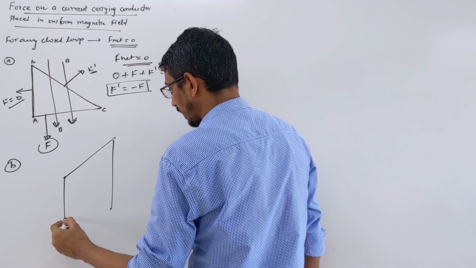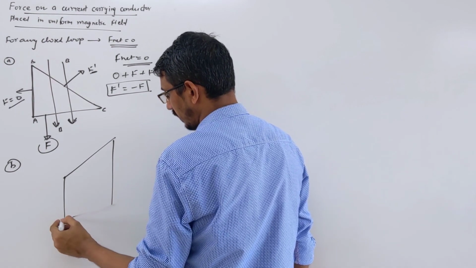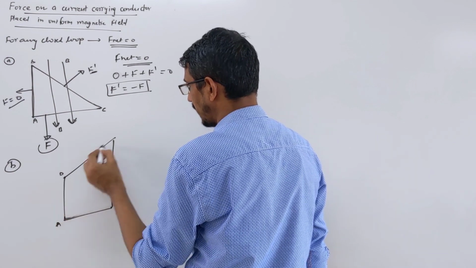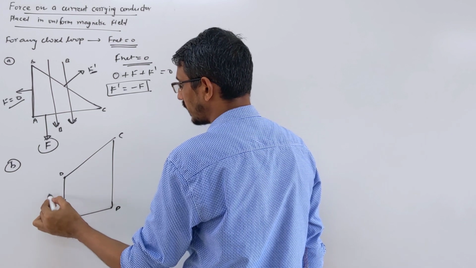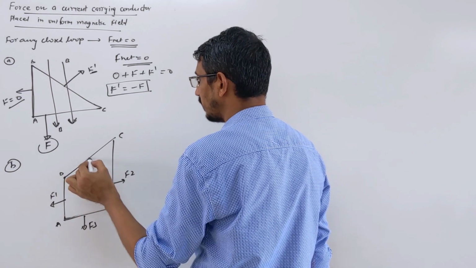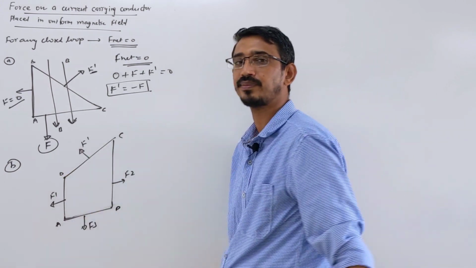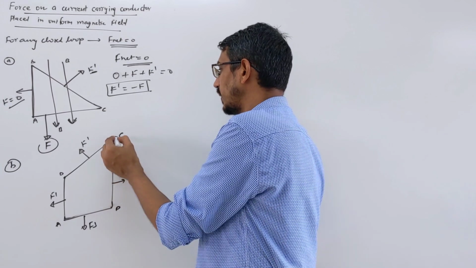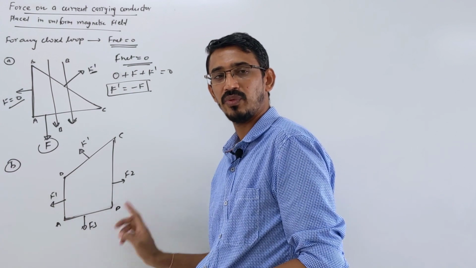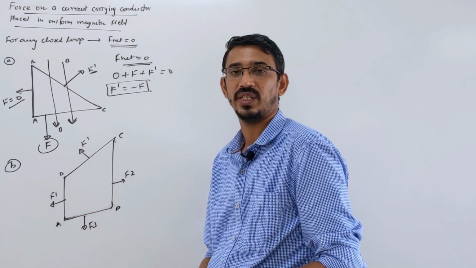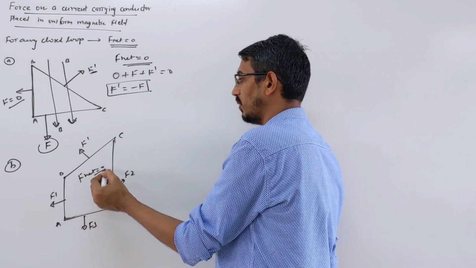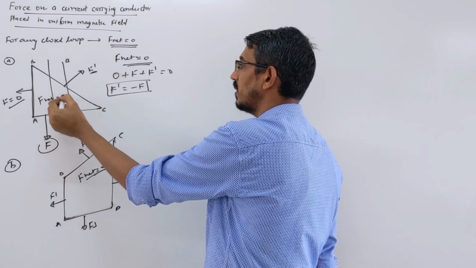Once it was asked this way, with this type of loop given. This type of picture was given, with sides named A, B, C, D. They said the force on one side was F1, on another F2, and on another F3. Then they asked what is the force on the fourth side, F dash. This is a closed loop placed inside a uniform magnetic field, and the forces on 3 sides were given. What we know is that the net force should always be 0 for a closed loop.